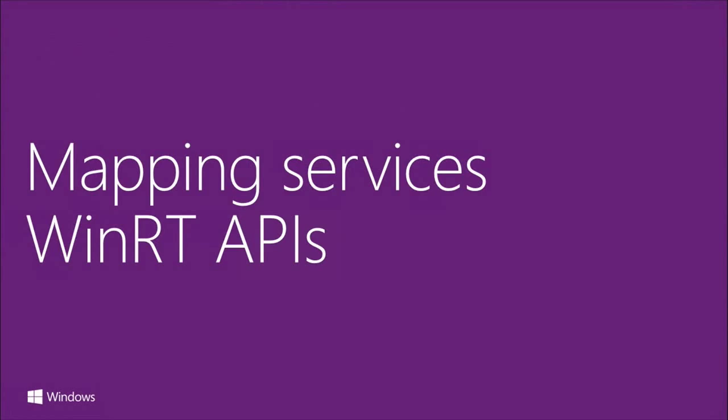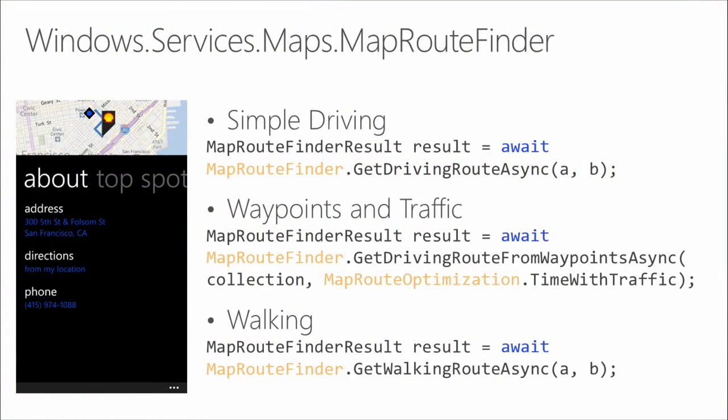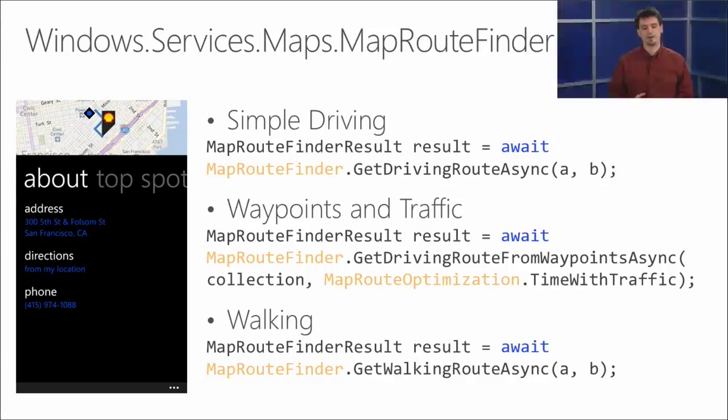So the mapping services in WinRT, these are basically services that we provide inside of the application to do some pretty fun, cool stuff. First one is simple driving. We can just call a service and say, give me a route from position A to position B, and it'll hand back this route object. And we can actually create our own route finder that we can then display on our own map, using our own route, using our own UI. If you think that's the best UI that is available for driving routes.